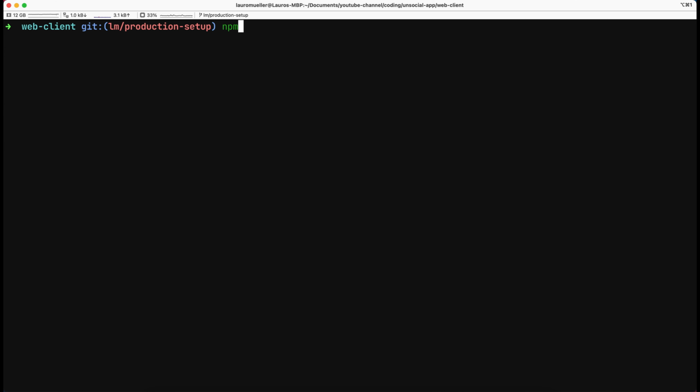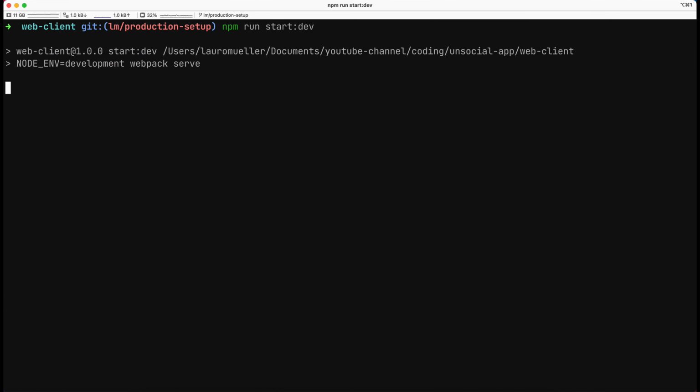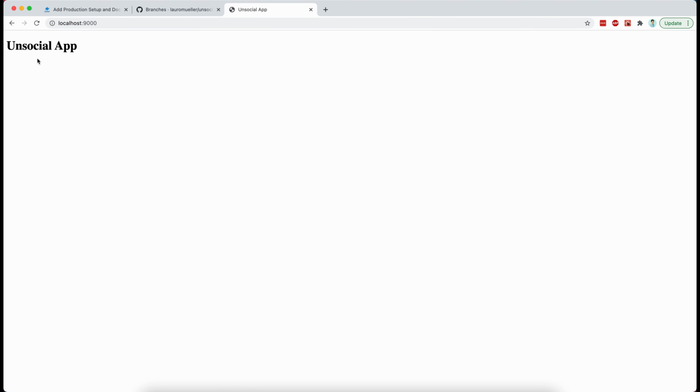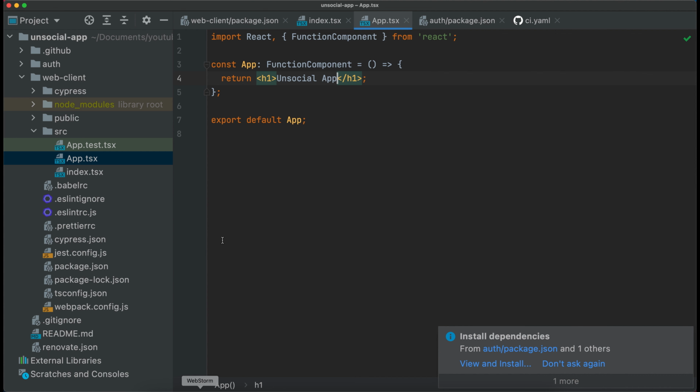Back at my terminal, I can simply run npm run start:dev, and this will spawn our development server and serve the files in our browser. This is the output of the command, and if I were to access localhost:9000, I would see this unsocial app in my browser. So let's go to the IDE now, and we'll try to show this